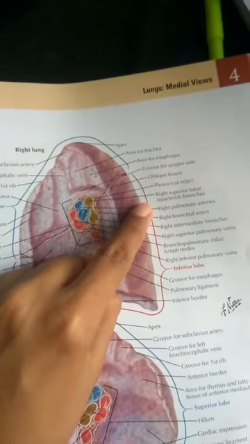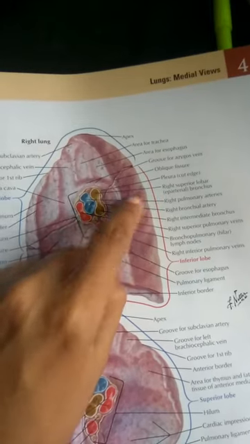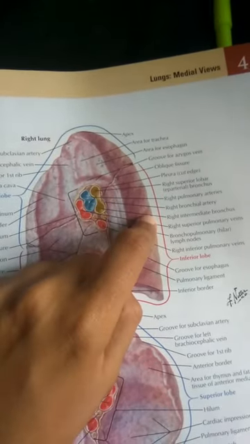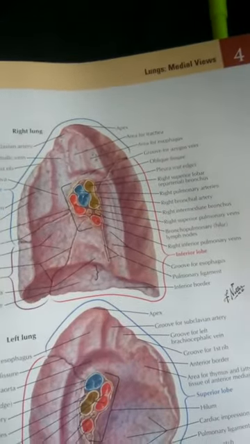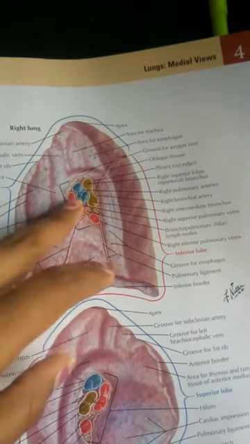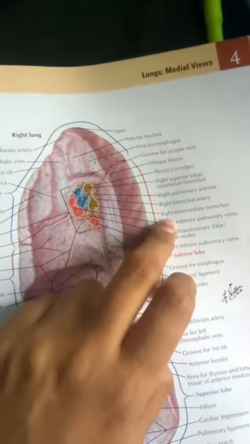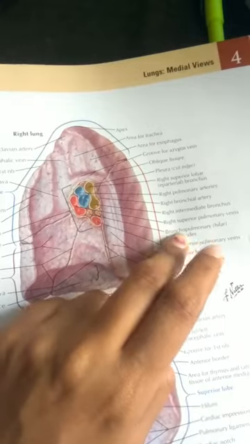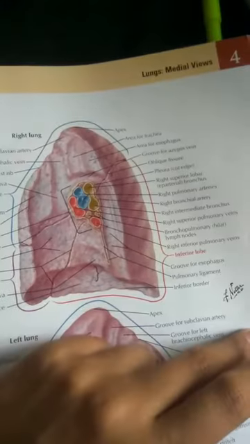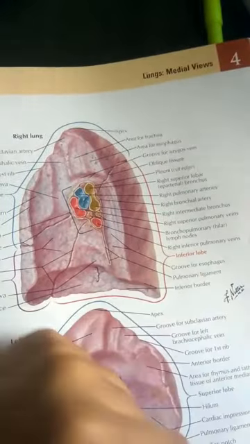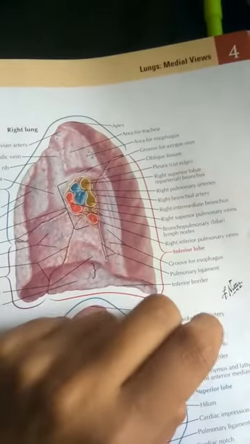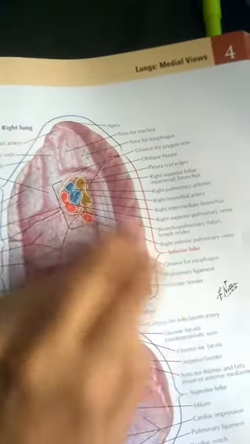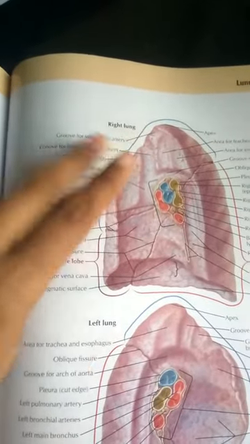The right superior lobe epicardial bronchus. So this is the epicardial bronchus, and the right pulmonary arteries you can see, and the right bronchial artery also, and we have the right intermediate bronchus and the right superior pulmonary veins, bronchopulmonary hilar lymph nodes, and the right inferior pulmonary veins. And the groove for the esophagus is here, and also we have the pulmonary ligament and also inferior polar. And on this side you can see the groove for the subclavian artery,